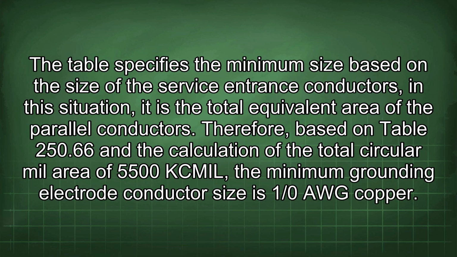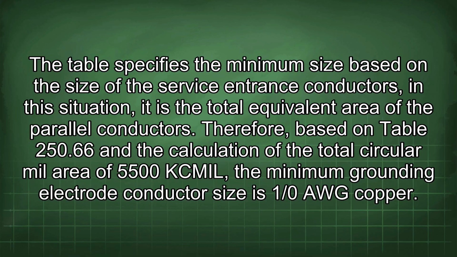The table specifies the minimum size based on the size of the service entrance conductors. In this situation, it is the total equivalent area of the parallel conductors. Therefore, based on Table 250.66 and the calculation of the total circular mil area of 5,500 kcmil, the minimum grounding electrode conductor size